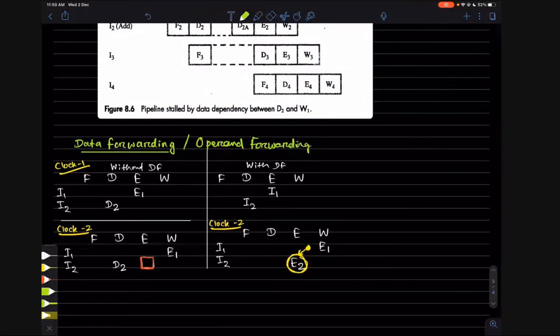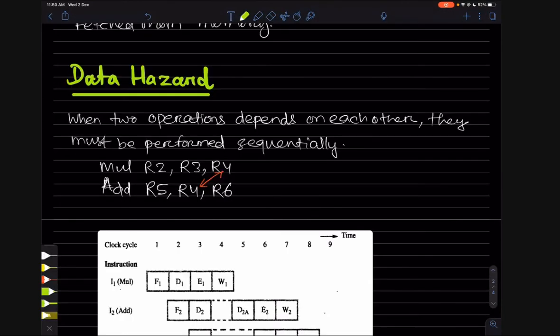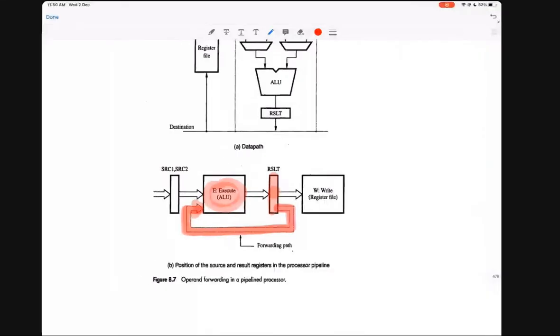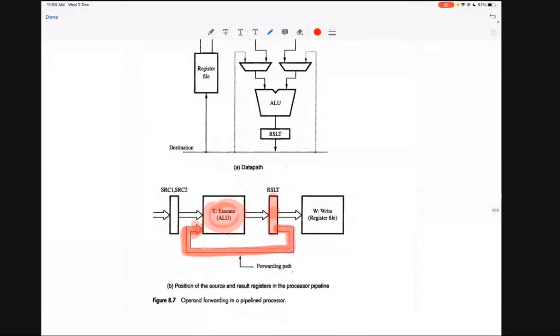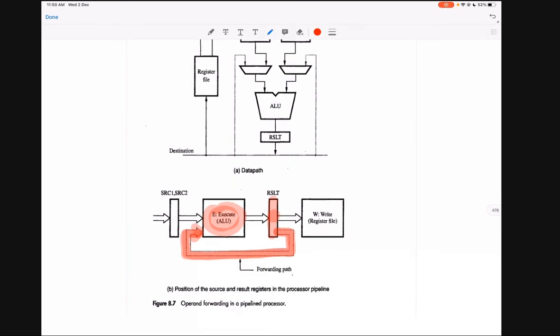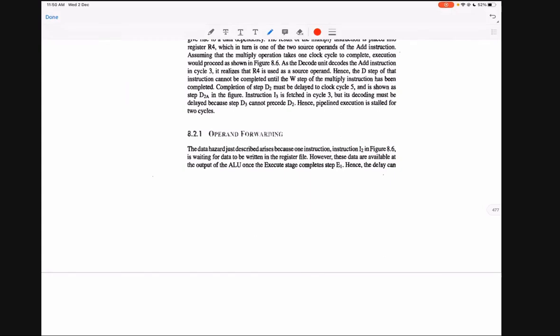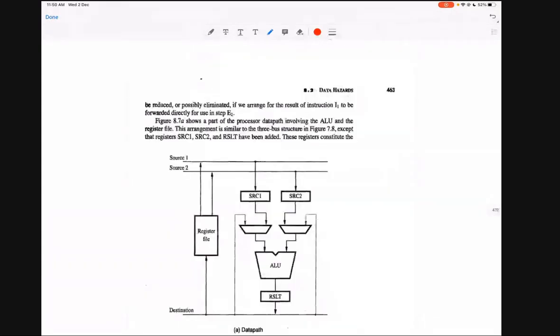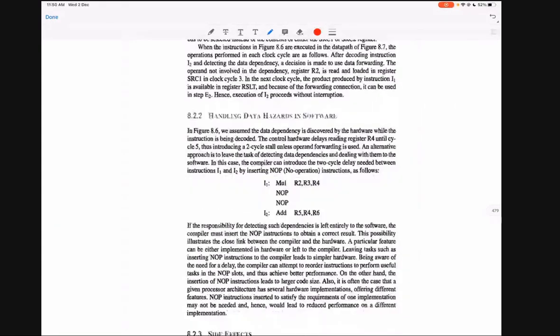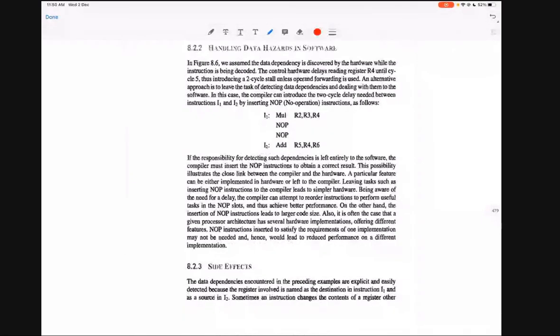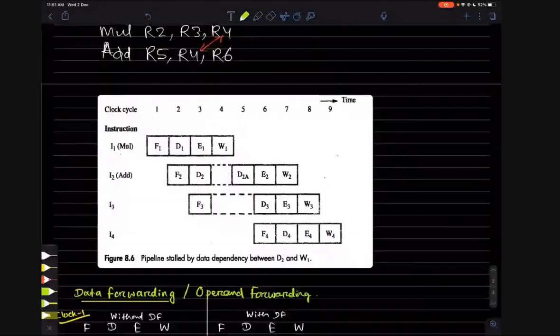Okay, it is called operand forwarding because R1, R2, R3 are called operands. They are all operands. So it will forward that result to the execution unit, and the execution will be done in the next clock cycle without having any stall or any bubble. Okay, so that's what operand forwarding means. The rest we will see in the next class, because I have not yet written up to this.